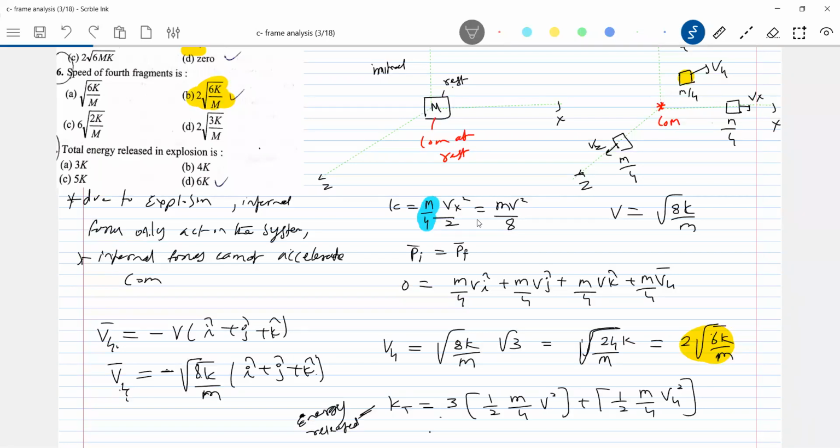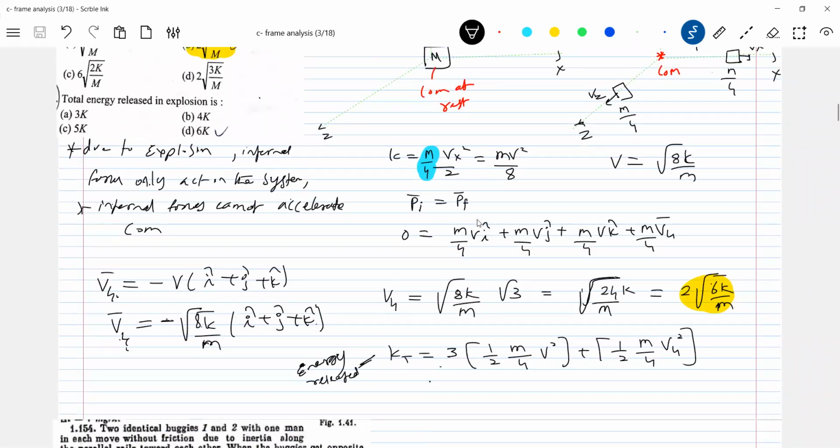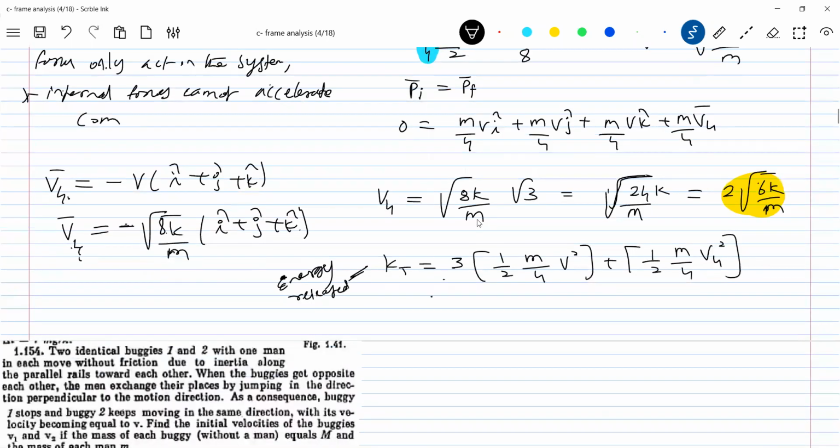What is the explosion? What occurs? The reaction will not occur gradually. Suddenly a huge amount of reactions will take place. Almost all the reactants will undergo reaction simultaneously. You get huge amount of energy, and all the forces acting are internal. So that energy released suddenly will get converted into kinetic energy of the fragments, and the center of mass will be at rest. This is one basic idea.